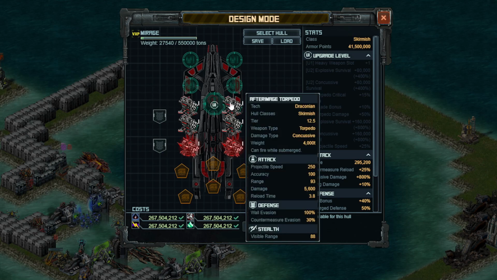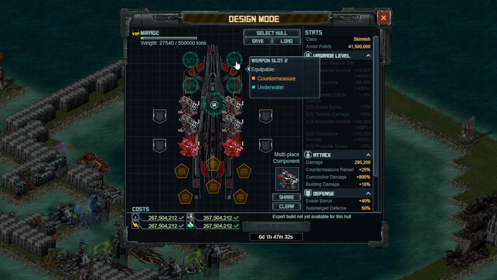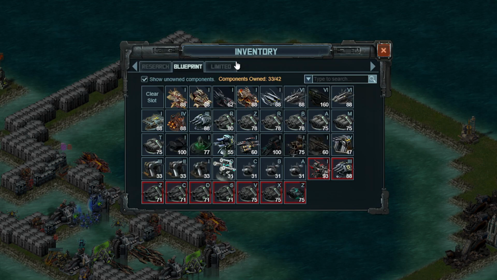Now, let's discuss countermeasures. So in this target, there are mortars, rockets, and torpedoes. You might think then that you should equip the things that can deal with mortars, rockets, and torpedoes to this front ship. Now is also a good time to mention all my ships are not necessarily going to be built the same. However, this is an underwater hull, and therefore you need to take into account what can actually fire